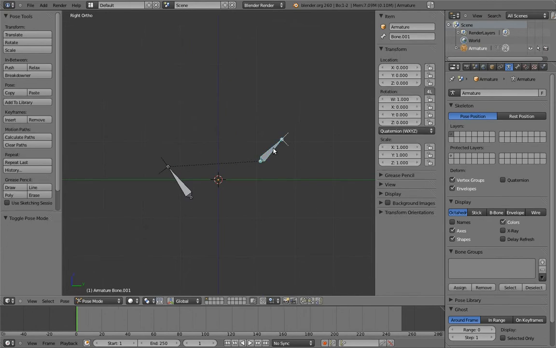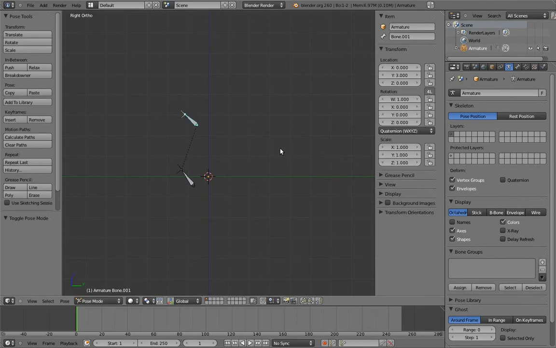Now, if we go into pose mode and play with this bone's y-translation, we see that the bone moves along that local axis of the bone. Even if we rotate the bone in pose mode, that original edit mode orientation is still what determines the translation axes. Moreover, if we give the y-translation a value of, say, 3, and then change the bone's orientation in edit mode,